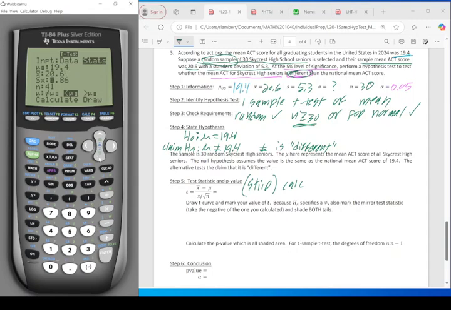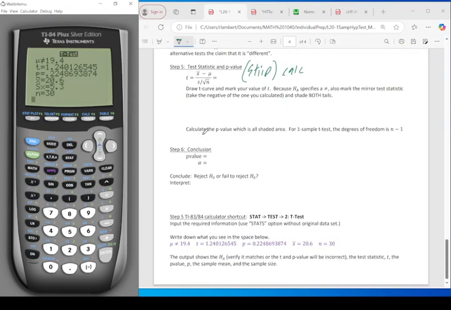Every time we take a sample, it could be different. So it is higher, but is it real or random? And our sample standard deviation is 5.3, and the sample size was 30. And this time our alternative hypothesis is that it's not the same, not equals. We'll hit calculate,